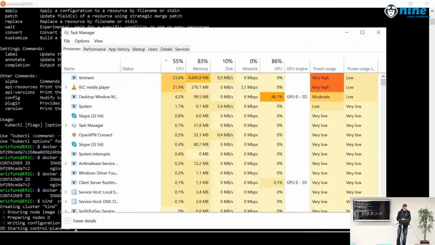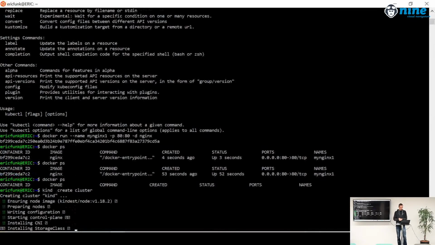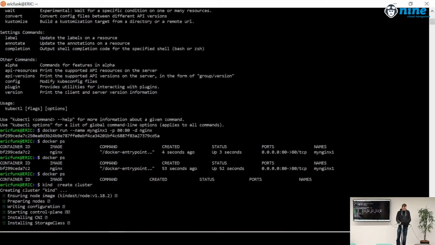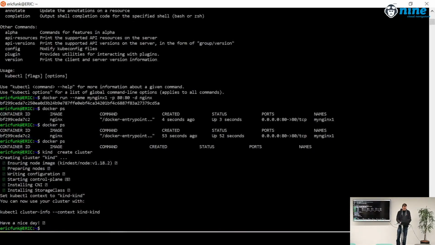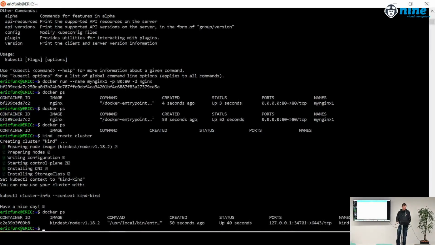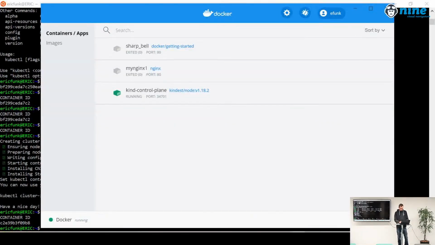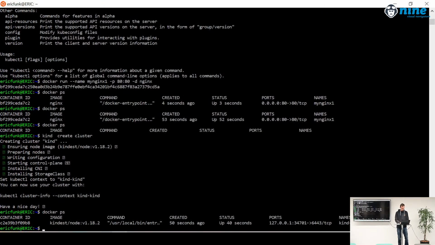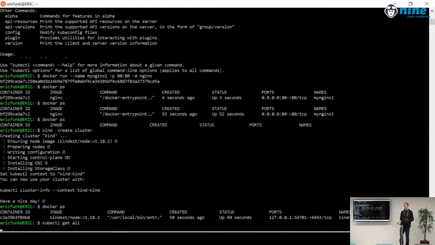At least some progress. Something is running there. Kubernetes control plane. It's also there. Okay, there's not a lot there, but you get the idea.